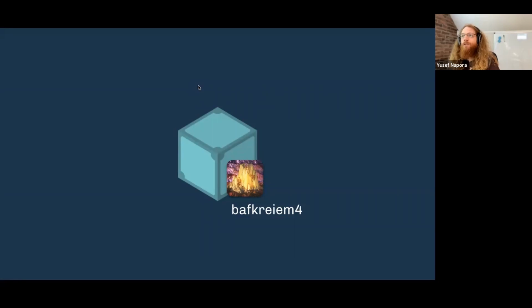A CID is a kind of cryptographic hash, which means that you feed your data into a function. Every time you feed the same data into the function, you'll get the same output. But if you change the input data at all, even flip a single bit, you'll get a different output. So we can use this property to make really unique identifiers for essentially every piece of data in the world, more or less. So you feed your data into IPFS, you get a CID,